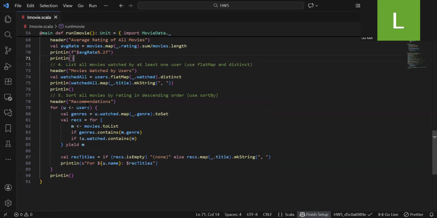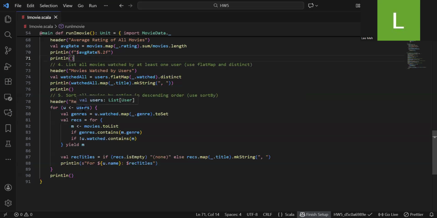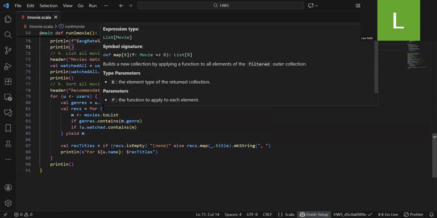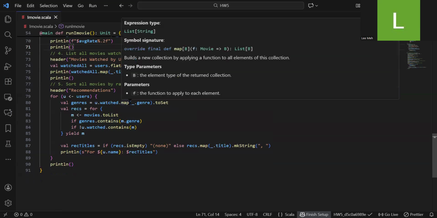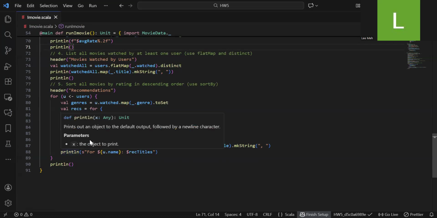separated by commas. And for recommendations, I have a for loop that goes through the users. And genres, it maps to all the unique genres that the user has watched. And for recommendations, I went through the list of movies, and if the genres contain the same genre that the user watched but the user has not watched the movie, I will yield m. And then I will print it